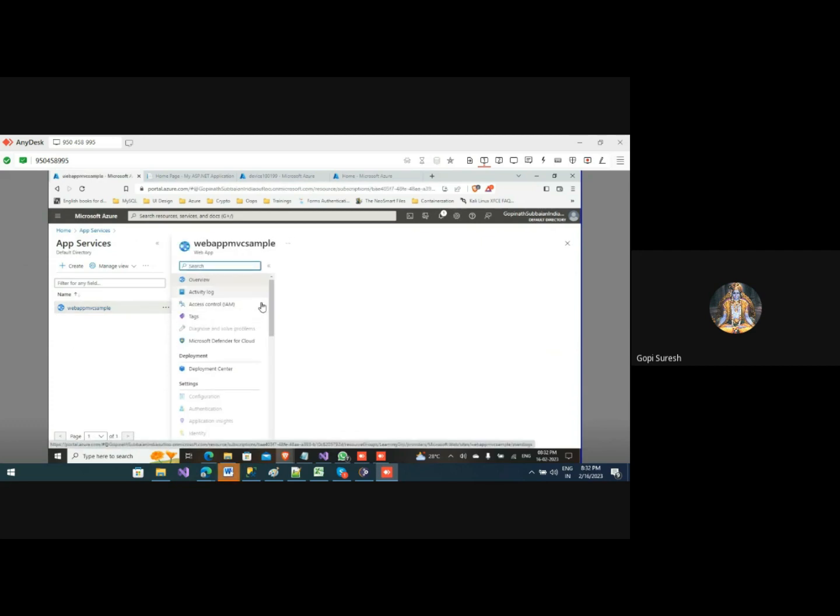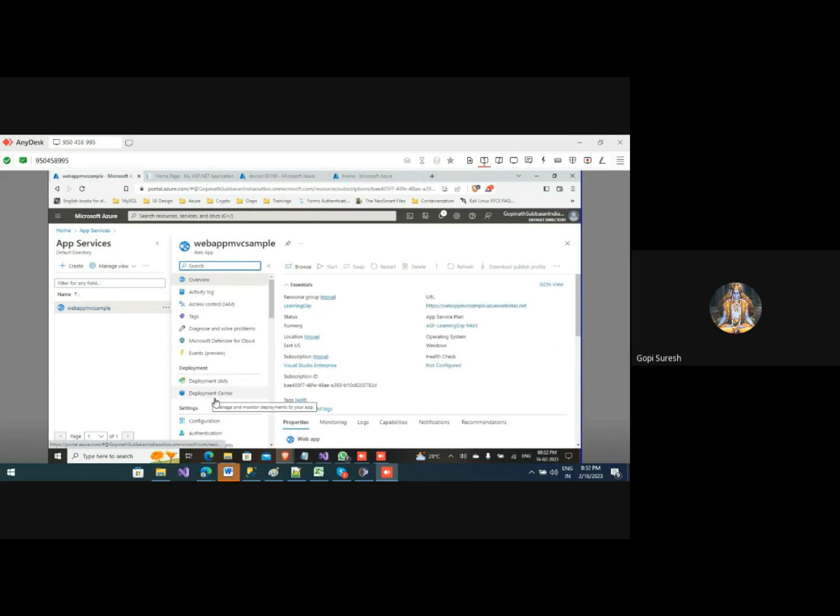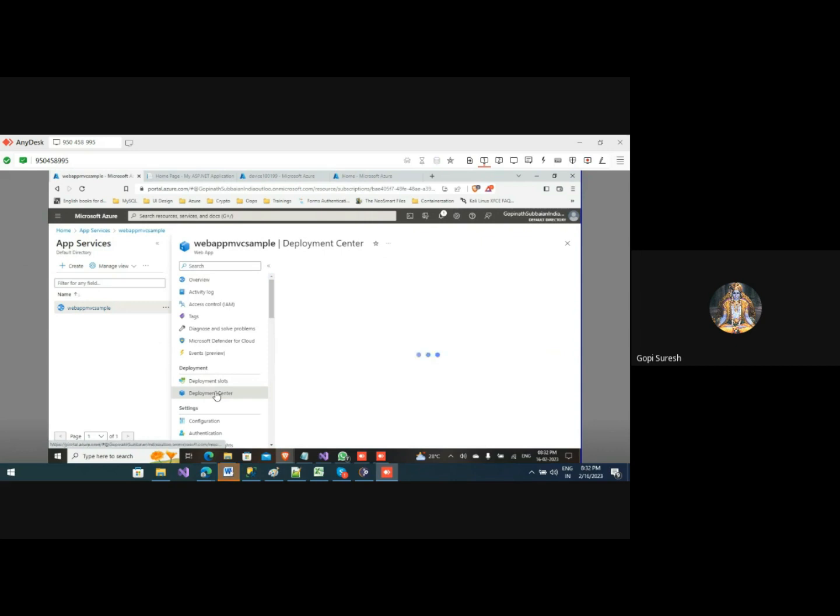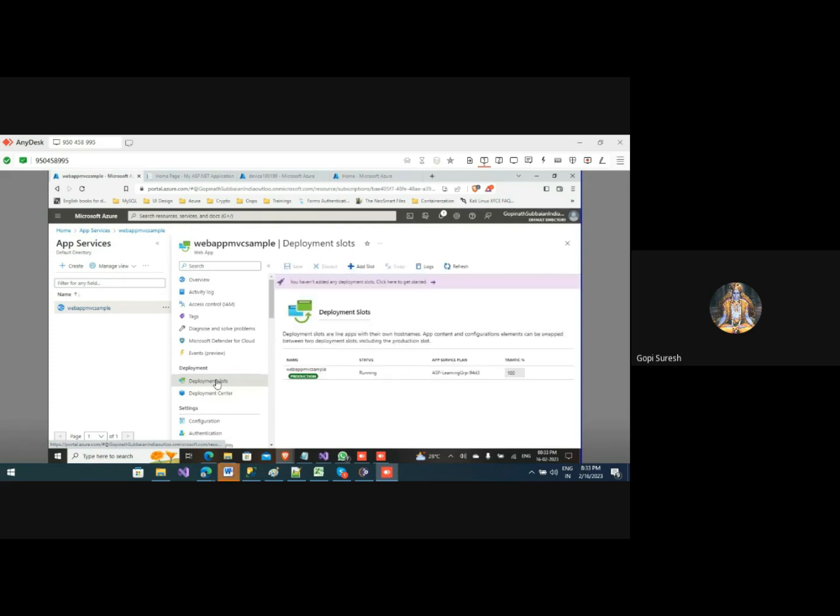See, a website app server is created here. In the server itself, they have introduced the deployment center and slots. If you click on this, it will show the deployment center. From there you can also connect your deployment pipeline here. And slots are there too. Slots help you deploy your application without interrupting it. So all this activity you can perform here. This is just a small hint to you.